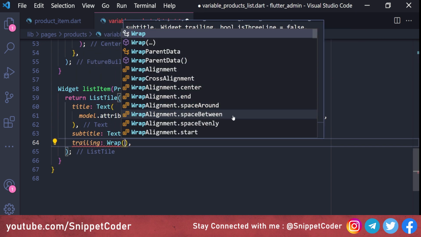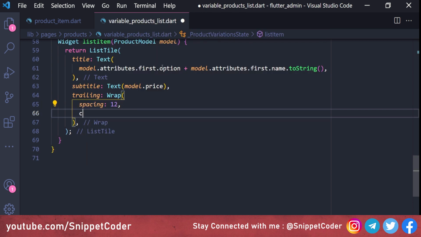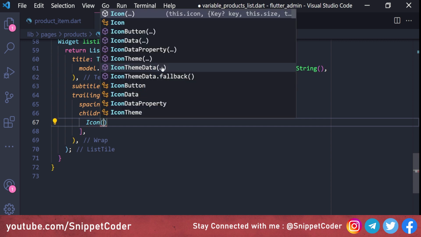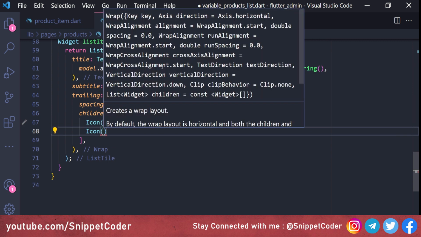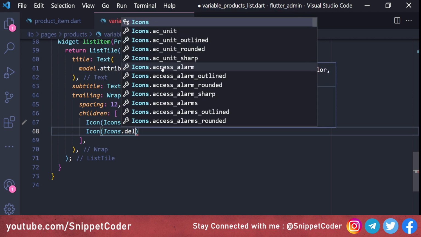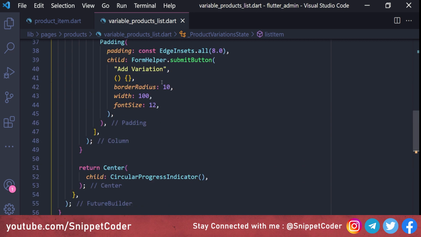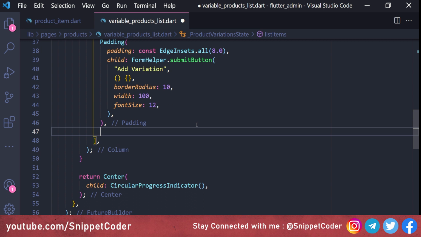Then we have the trailing here, and in the trailing we are showing the icons for edit and delete, and we are using here wrap visit, and the spacing we are using here 12, and the children's we are using here icon, and the first icon we are using here icon dot edit icon. Then we have the icon, second icon that will be used for the delete icon, and we have icons dot delete, and this list item we will use here,